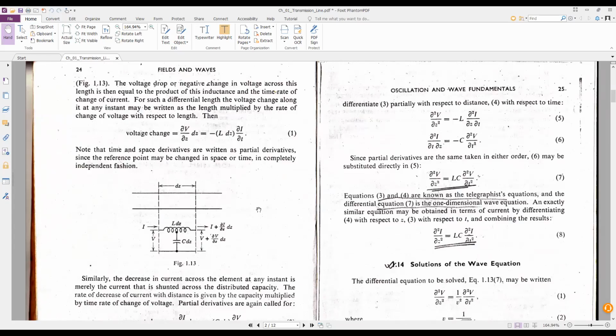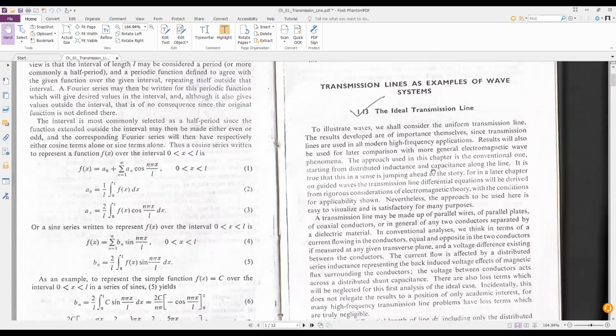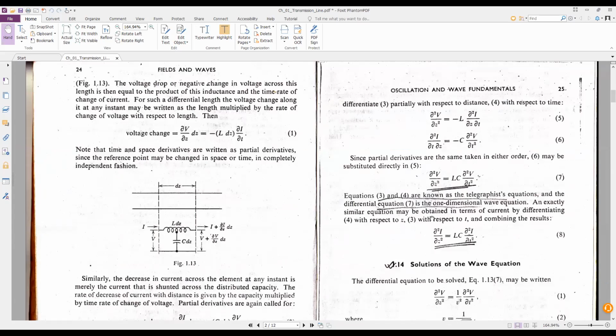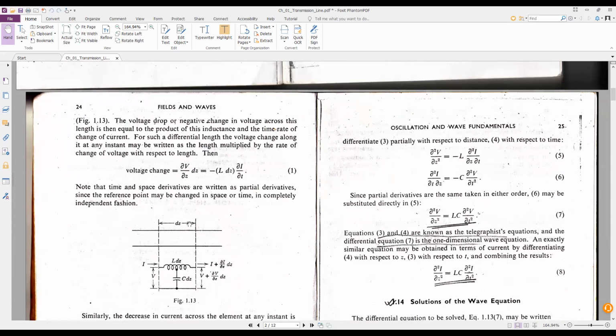Okay, let's do another problem. This is the ideal transmission line. One-dimensional wave equation. Let's bring out the one-dimensional wave equation for the ideal transmission line. Let's consider a transmission line here. This is a transmission line, and let's consider a small zone, a small length of transmission line, which is dz,